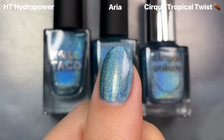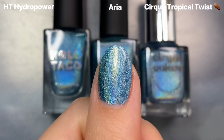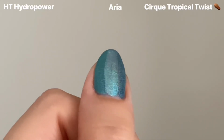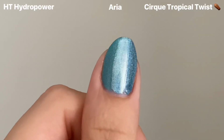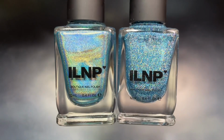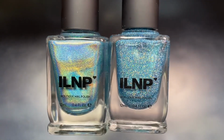of color. And it might be a little hard to see here just because of the holo flares. It's just all very sparkly. So I wanted to include a clip in more low lighting and you can just see how much more icy looking Aria is. The only other similar blues that I had to this were ILNP's Seaside and Blowing Bubbles from